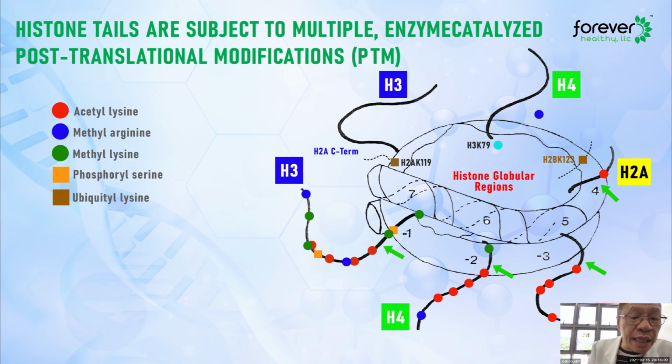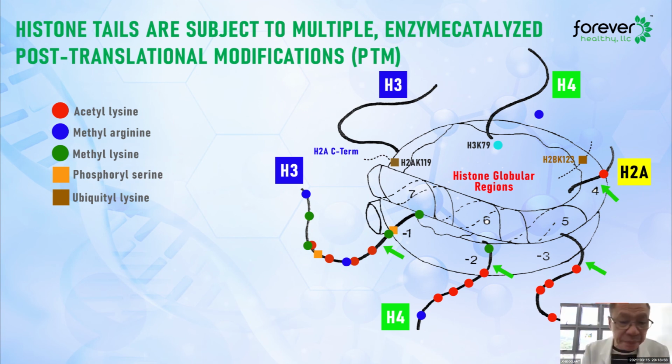So the red ball is the acetyllysine. The blue ball is the methylarginine. The green is the methyllysine. The orange square is phosphoryl serine, and the red square is ubiquityl lysine. And these are the enzymes that allow the modification of the genes. So I can surmise that our immunogen battle is complete with acetyllysine, methylarginine, methyllysine, phosphoryl serine, and ubiquityl lysine. That's why our immunogen battle is complete in these particular post-translational modifiers that would now turn on or turn off